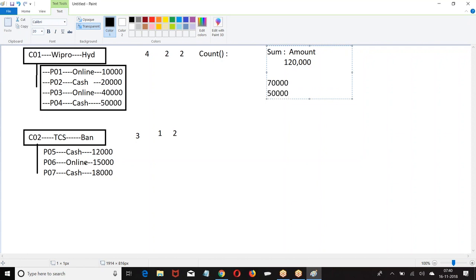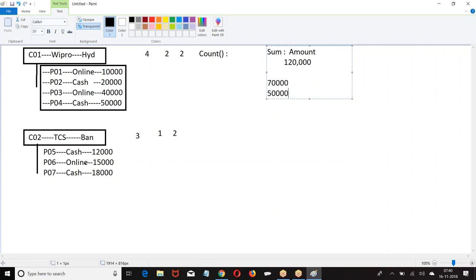When I say sum of the records, do you want to take a sum of all the child records, or only those child records which are meeting your condition, those participating in the relation? It depends upon what they are going to give you.